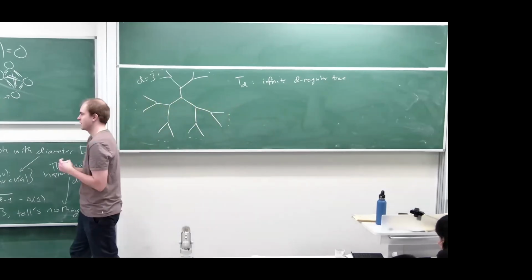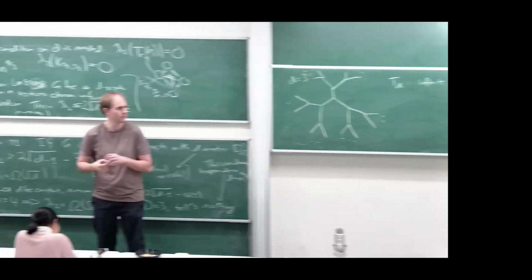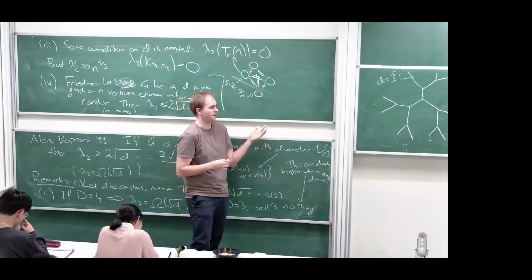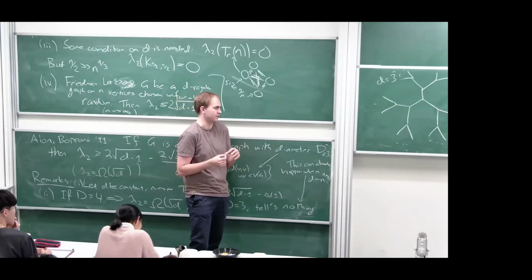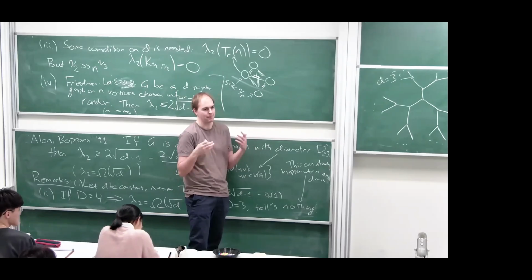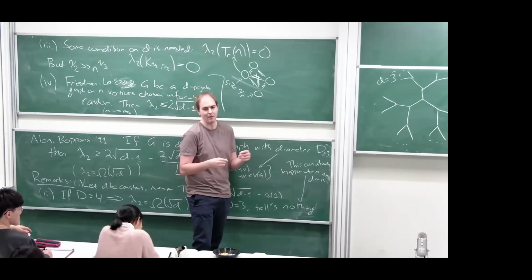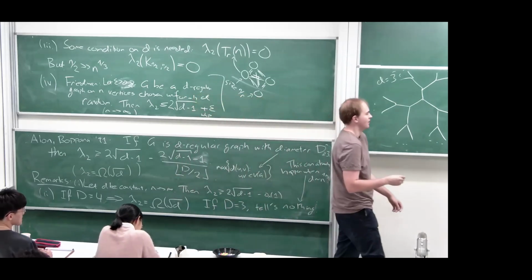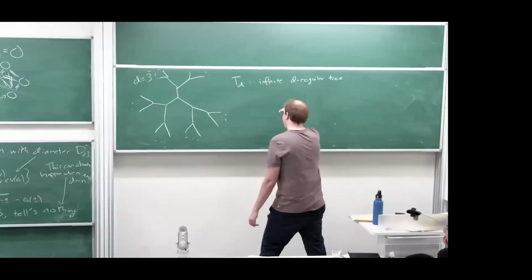The notions of adjacency matrix or the adjacency map make sense for infinite graphs as well. So basically, given a vector f,